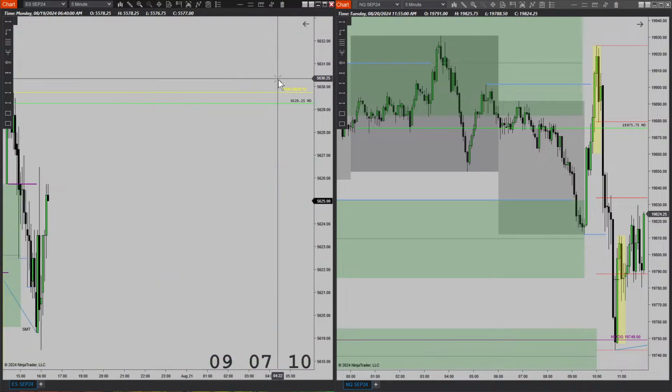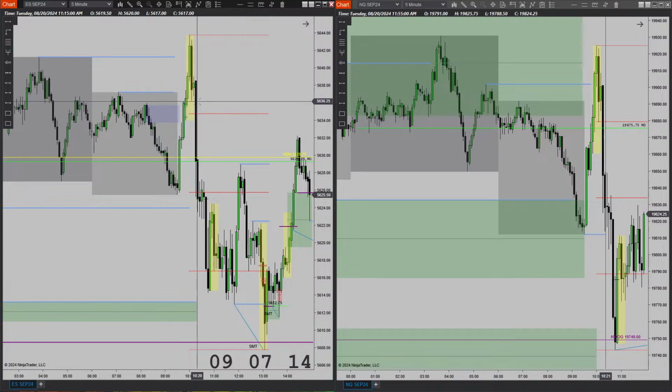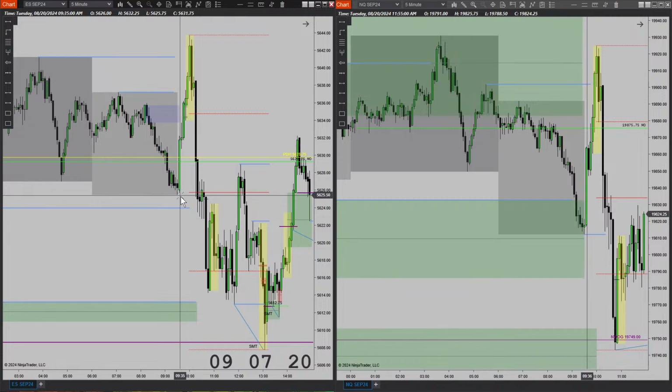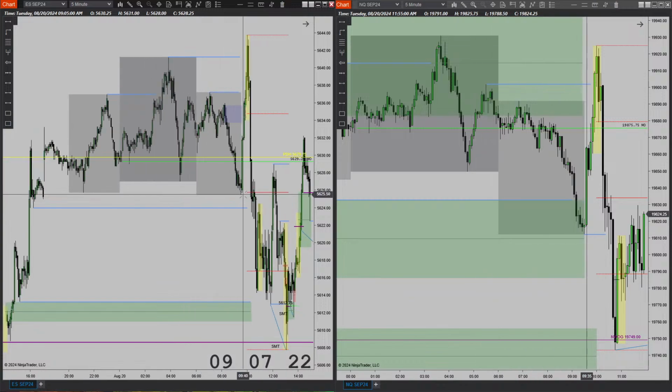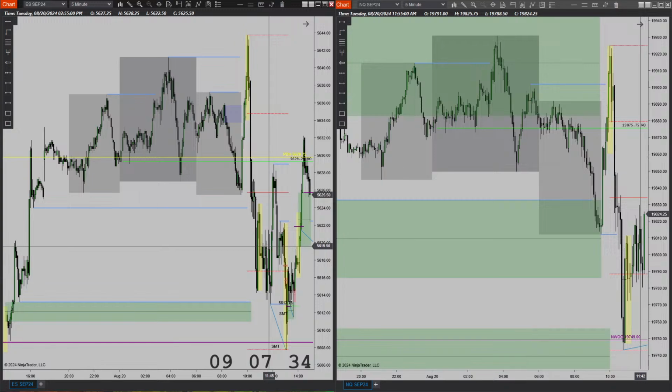Instead, we had displacement lower. And when you get displacement, that means the price is looking to take out sell stops. It's a stop hunt, really. So once price traded into this low here, there was no longer SMT, so I just began to look for price to start consolidating, and that's what it did here.